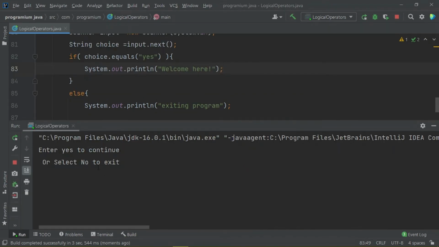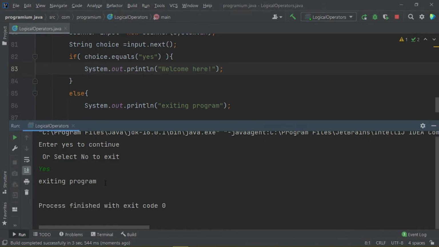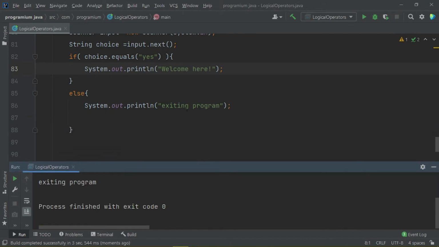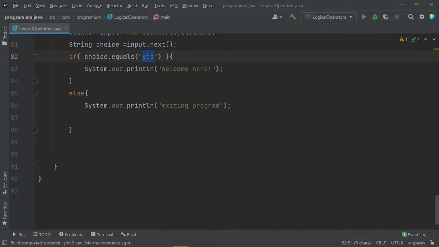Okay, now let us run this application. Enter yes to continue or select no to exit. I am using yes here, and exiting program. Why am I saying here exiting program? Because the choice here didn't match with this yes condition here. So there could be two possibilities here.